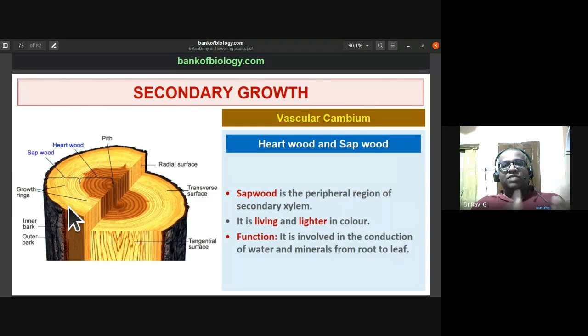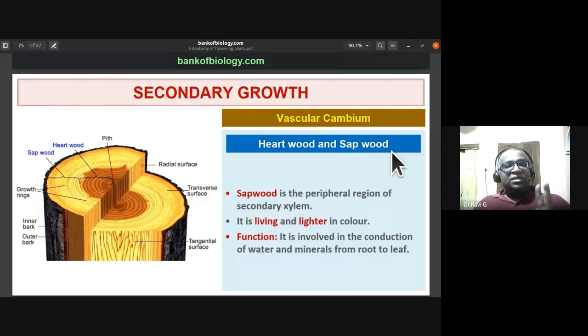In one column you have the heartwood, in another column the sapwood. Write exact points which are contrasting. If it is 2 marks, write more than 4 or 5 points. It would always be better if you write more. The fewer you write, you might lose marks. Even if one sentence is wrong, you might lose a mark. So be prepared for heartwood and sapwood also.